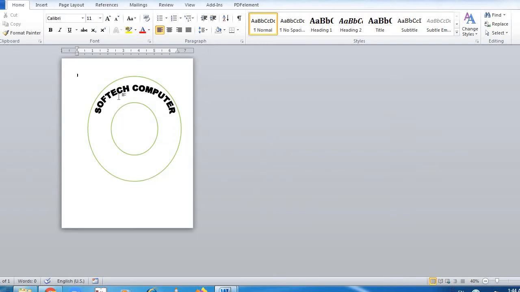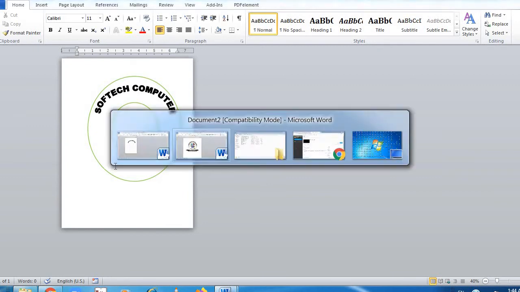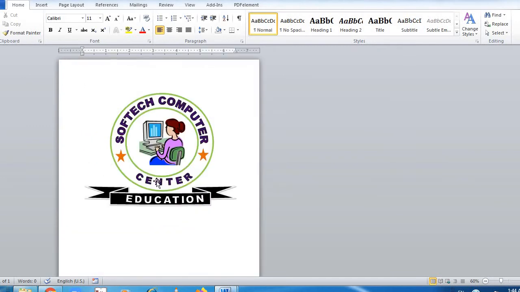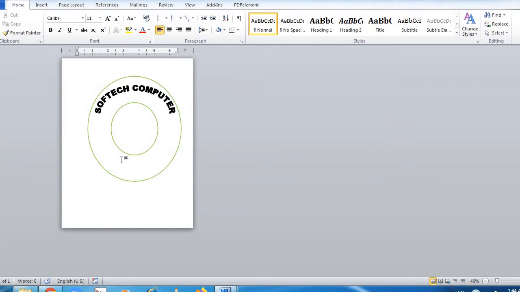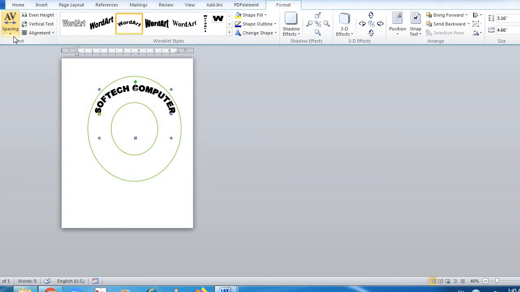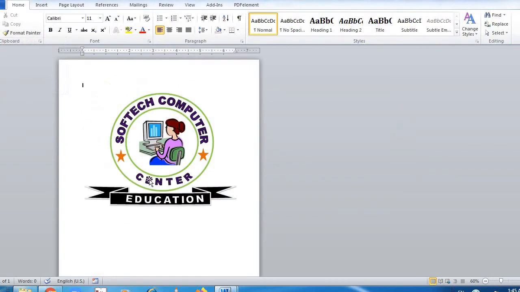Now you can design whichever color you want, whichever size you want. Same way you have to type the center and the star. Now let's say if you are typing the center, if it is coming a little bit tight, you can always in spacing keep it loose or very loose. So what will happen, the center will make the curve properly, and then you can put these 2 stars.